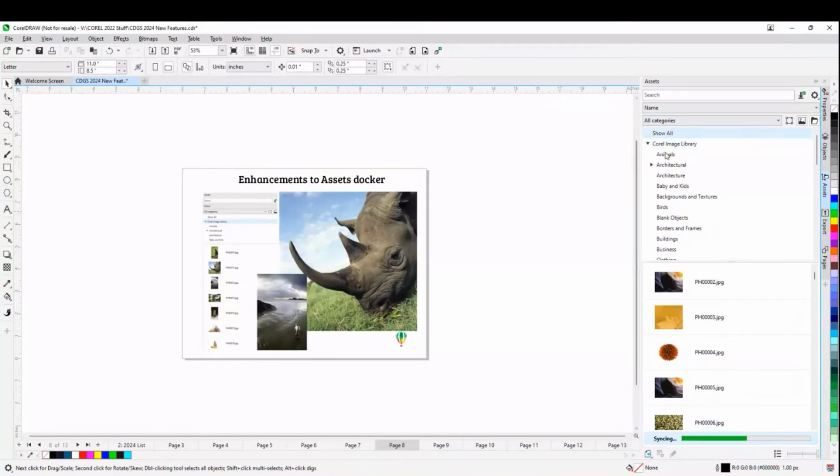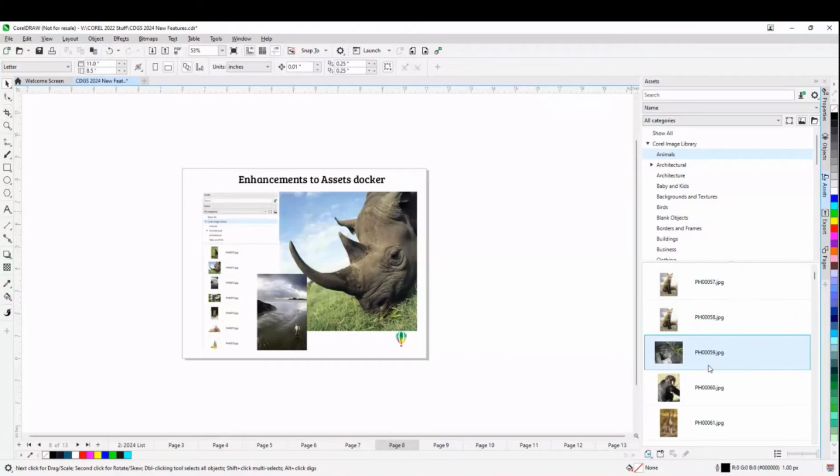So now I can define the category. For example, if I want to go for animals, I have to just click on animals and it will show me the preview of all the images and any vector if available over here. They have also applied two filters over here, one for vector and the other for bitmap. So currently it is only